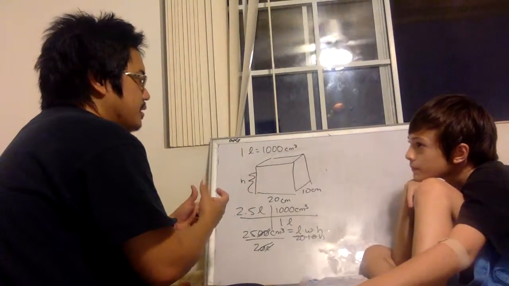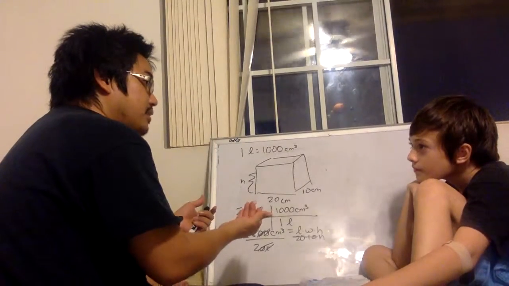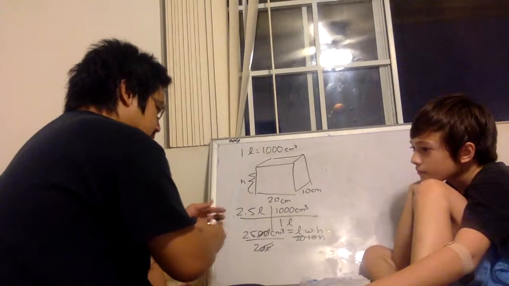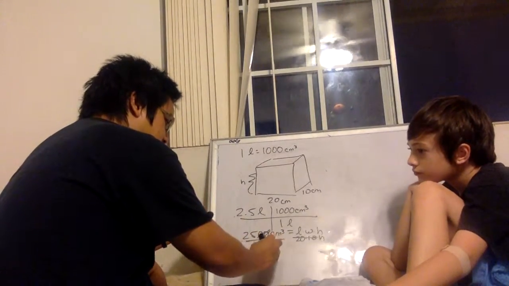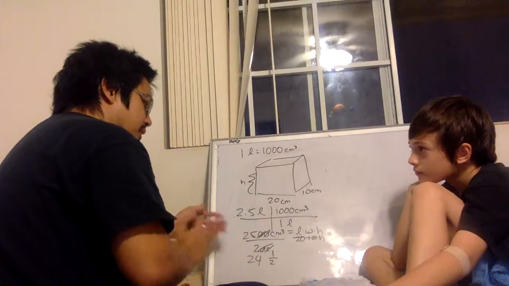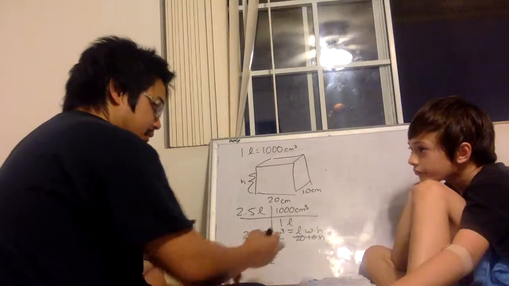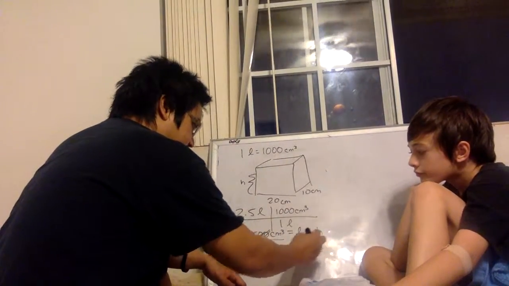25 divided by 2 is 24 divided by 2 with 1 remainder. Right? So you can write it as 24 and 1 remainder, or remainder 1 over 2. Or 24 and a half. So it's 24.5